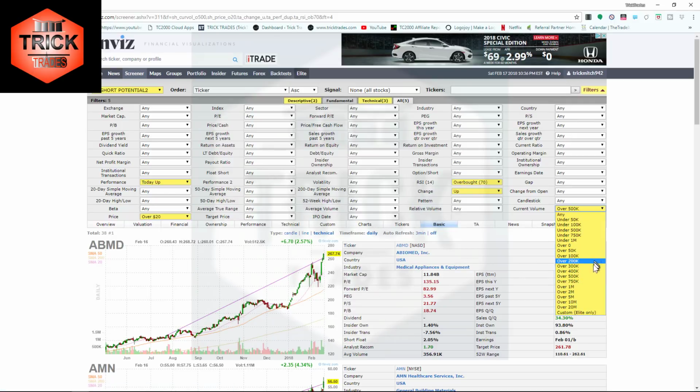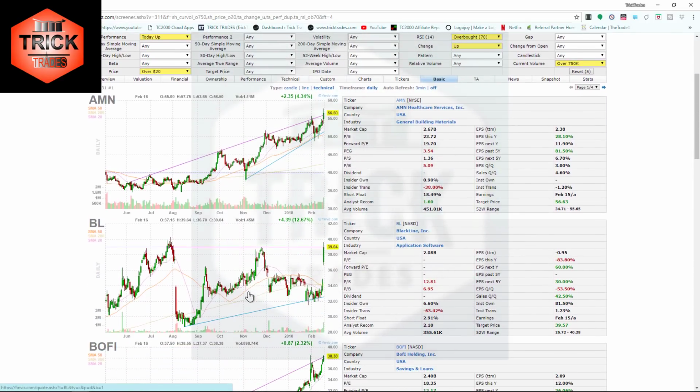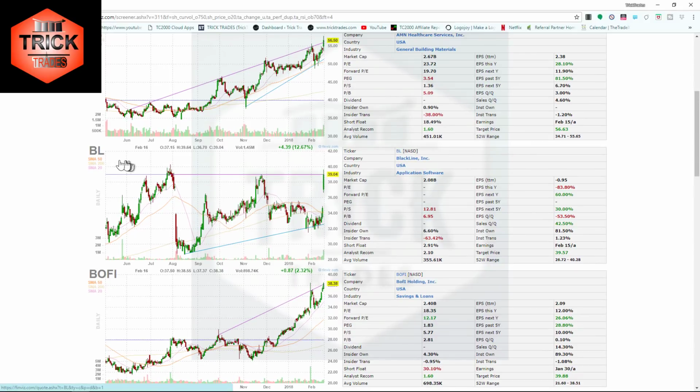I usually change this back over to over 750K, and I like stocks that are over $20 because it'll provide me with a lot of range for the day. So this BL, this one's pretty good. It's got enough volume in it. I'd like a little bit more volume, but it's adequate volume, right? It's right at some resistance, right around the 40, so I would watch for a test of this 40 area